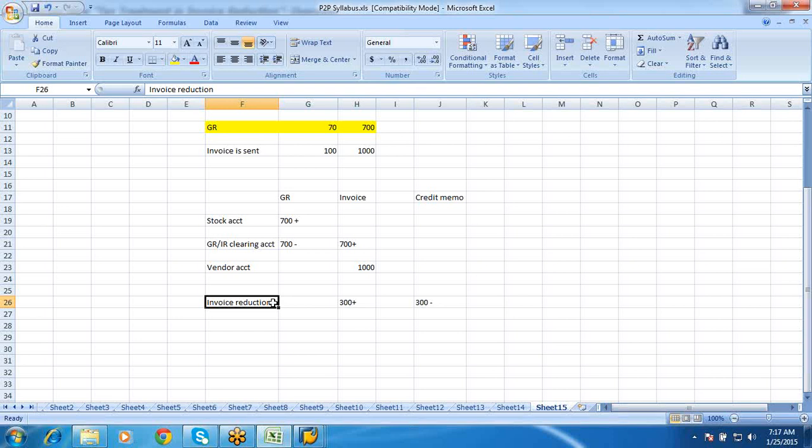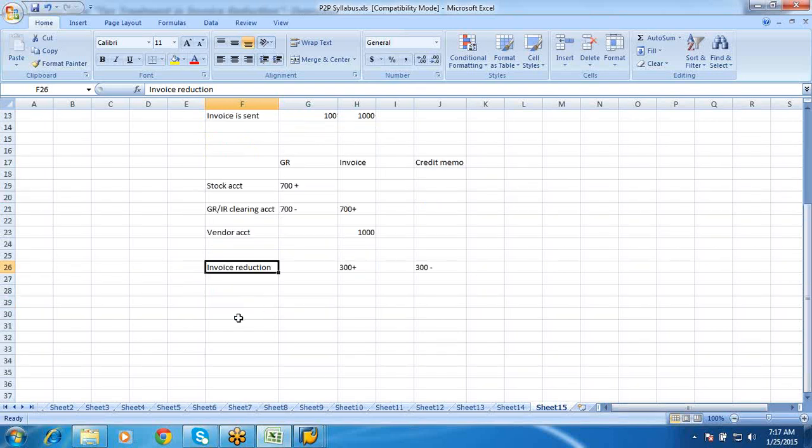When this invoice reduction is posted, you would have two documents generated in the system. The first document contains the actual quantity and the values. When I say actual quantity and the values, it is 70 and 700 in our scenario.